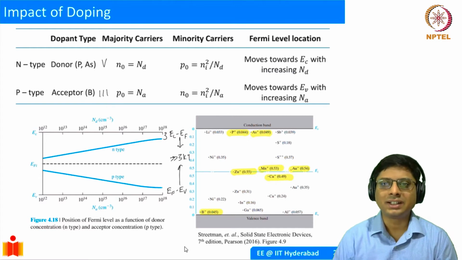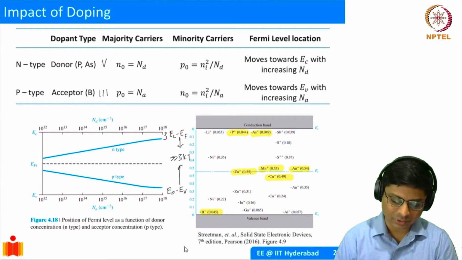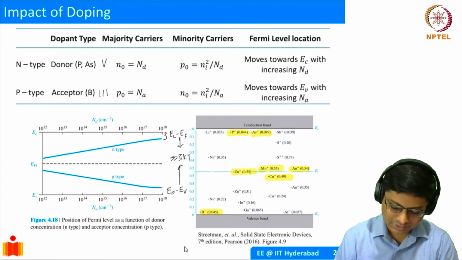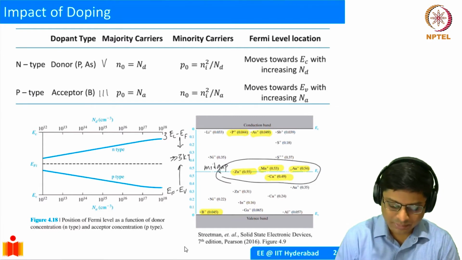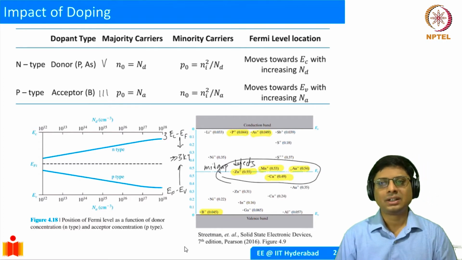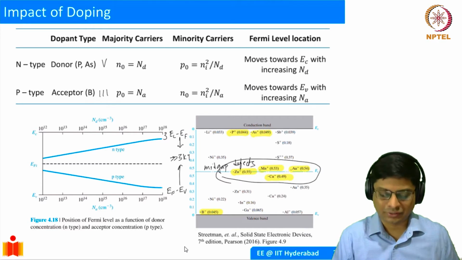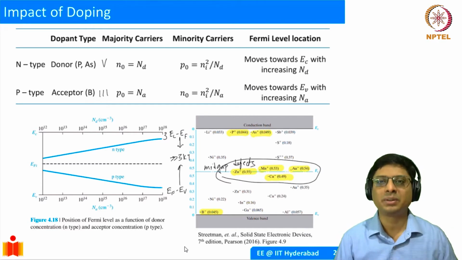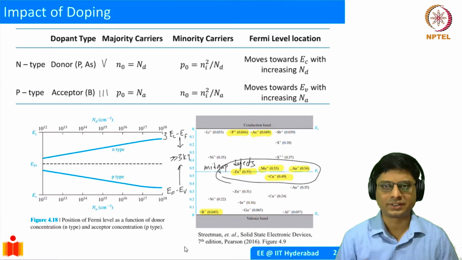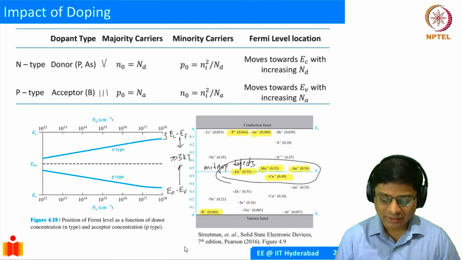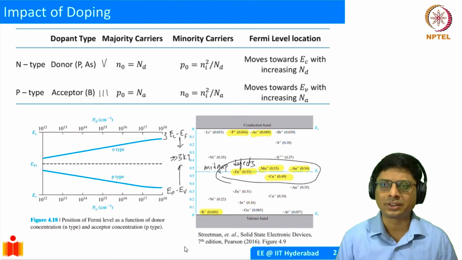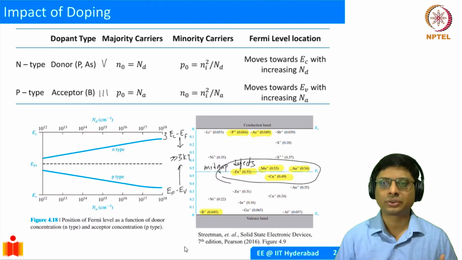The reason we are particularly interested in these mid gap levels, these four which I have highlighted here, is that they are known as mid gap defects, you can call them. First of all, we try to make sure the semiconductor is extremely pure so that it doesn't have any of these defects. That's why we say it's 9N purity, right? The reason we ensure that is even a small trace amount of zinc or manganese causes defect levels, and that can cause problems in current conduction. That's why we purify it.